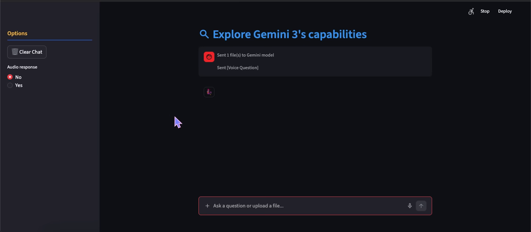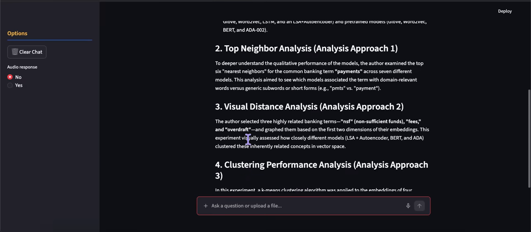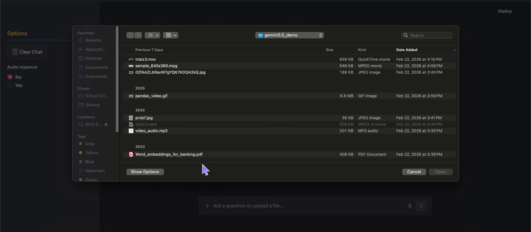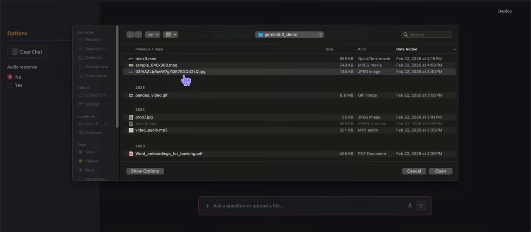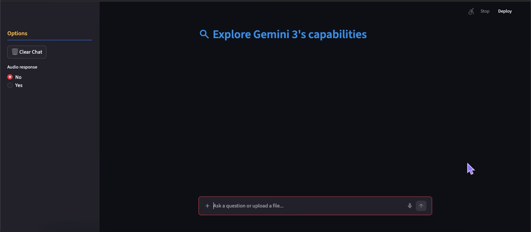And here, when the response comes back, I'm going to show you that little widget for copying it to the clipboard. So here's a big old response, and we can copy this whole response and then paste it wherever we like. Let's clear this. Let's try an image here, and I'm going to ask, caption this. And once the response comes back, I'll show you the thought process,